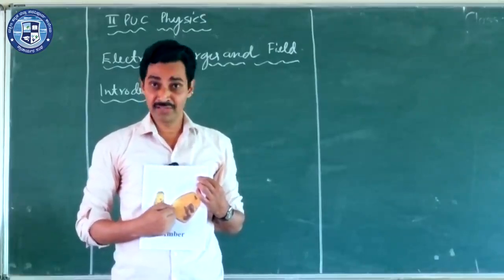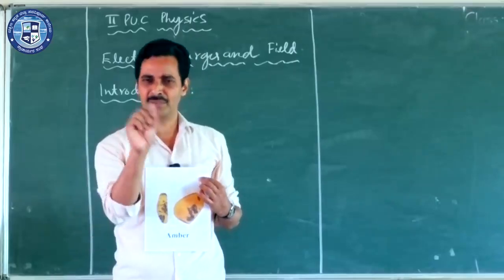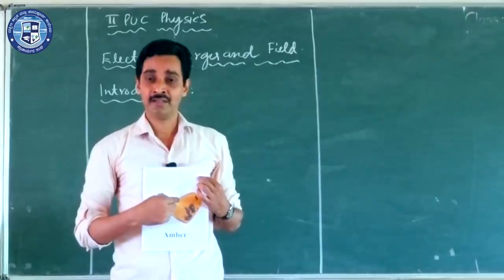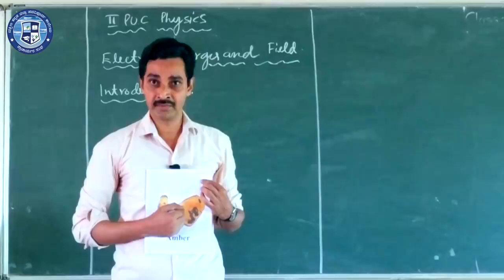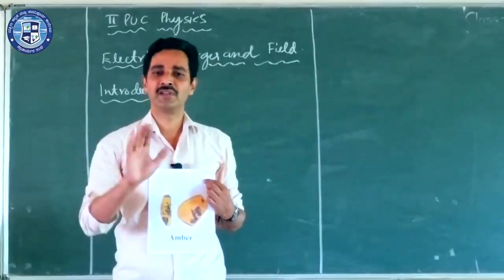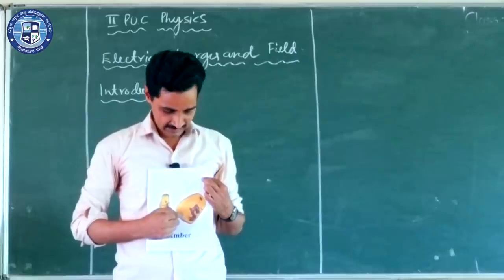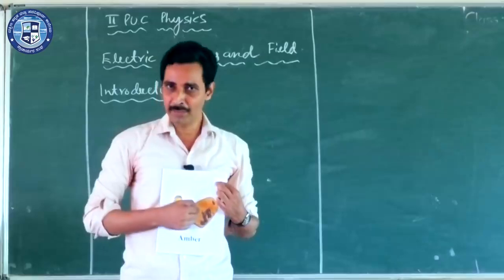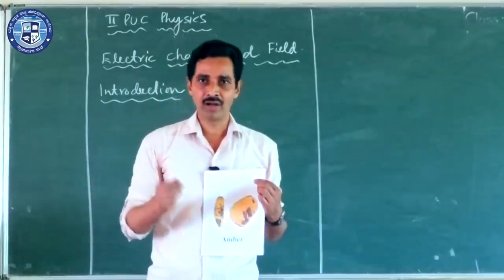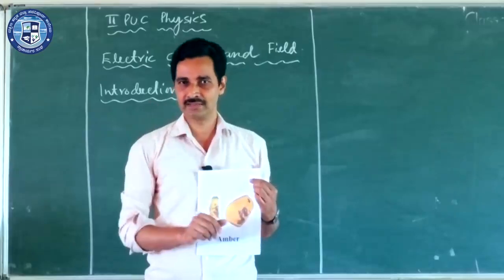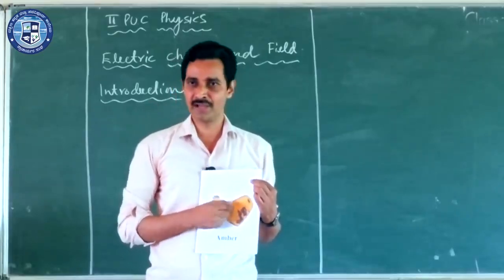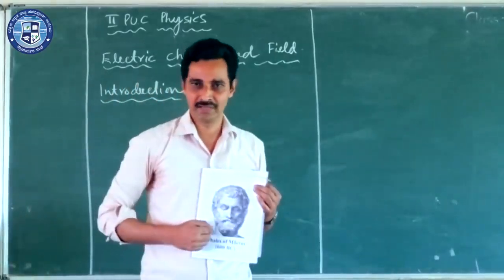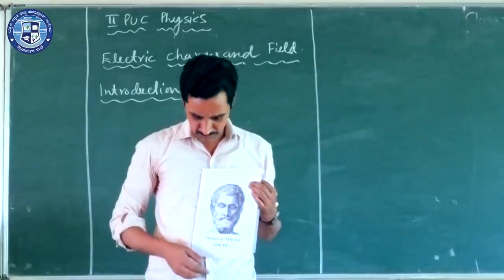And biologists find this very interesting, because if some insects or other creatures get deposited inside this, it is a preserved object, and it can be preserved as it is for long and long years. Biologists study insects and other things preserved inside this amber. When this amber was rubbed against wool or feathers, they started attracting each other. Feather got attracted towards this amber when rubbed against each other. This experiment was done by Thales of Miletus for the first time in 600 BC, long back.